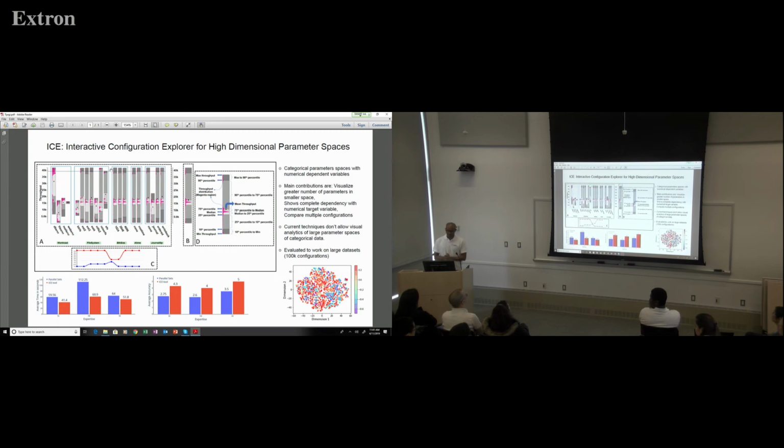This layout helps in quick comparison of all these parameters, and the user can filter through this large parameter space by clicking on these configurations. So suppose I have a goal that I want to choose a system performing very high throughput, but with very small variance in the range of throughput. So I can choose these parameters. On the tool, I can click on this web server workload that is sure to give me a very small range. But if I want to look for a configuration with high throughput, I need to go to this workload with database servers. And then I can click on database servers.